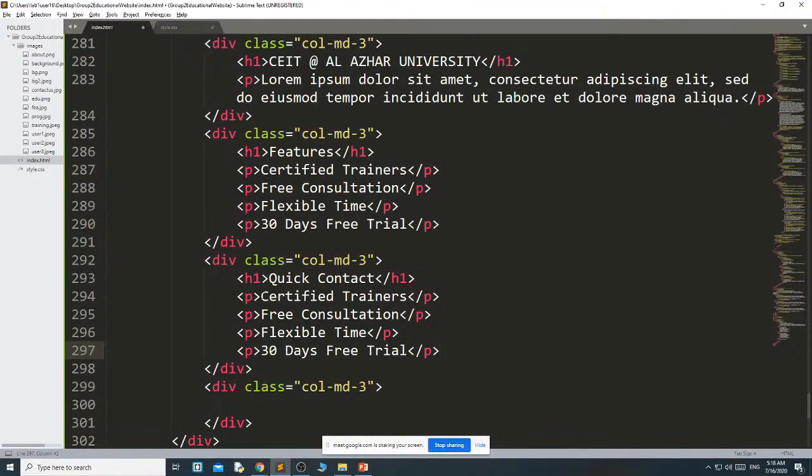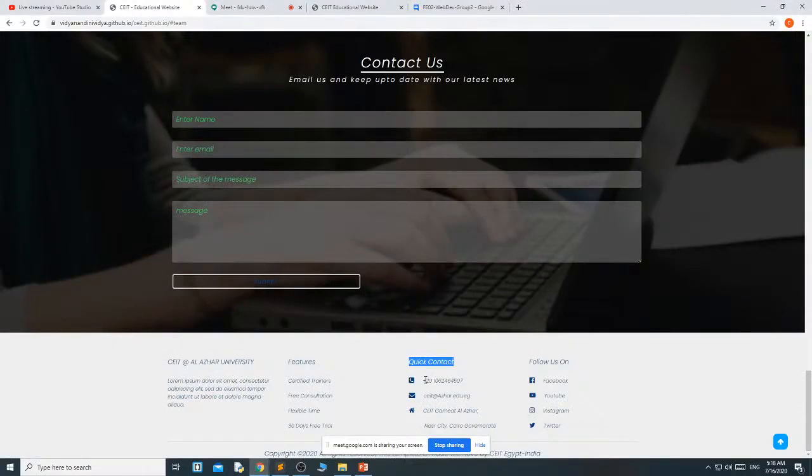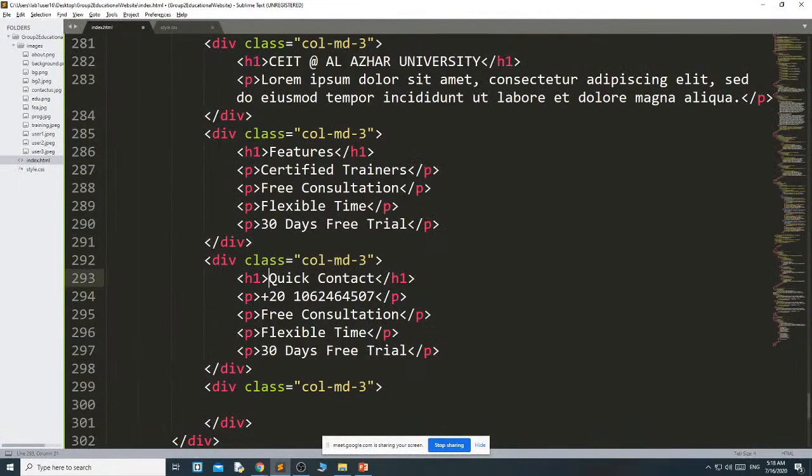Okay, then in this paragraph you have a number here. Copy this number, paste it, but before the number you have an icon. Okay, this icon you can get from Font Awesome. I just write here, you can also get it from Font Awesome.